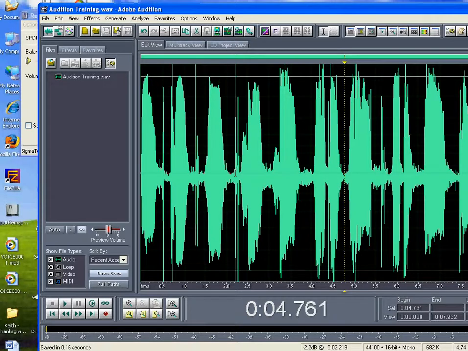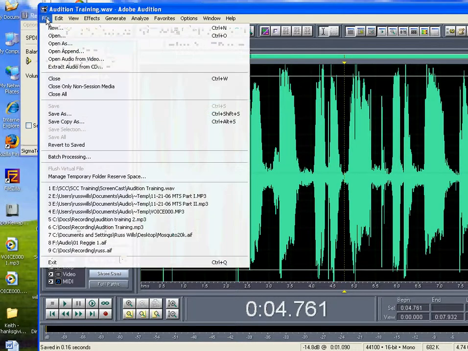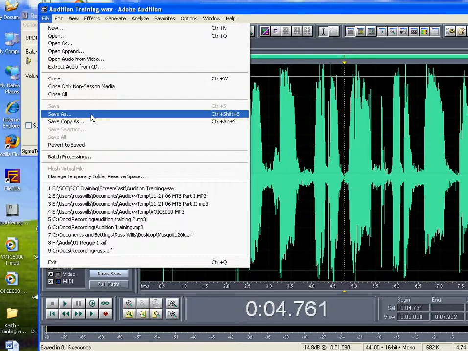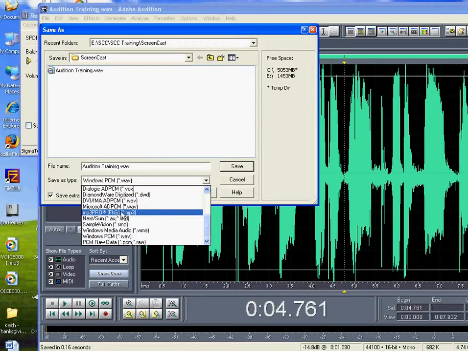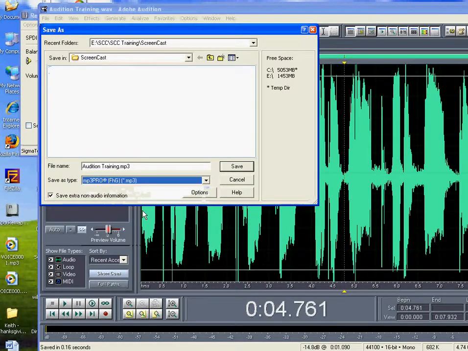We'll choose Save. The reason I choose the WAV file is because it's not compressed. When you save something as a compressed file, it actually takes data away from the file. The WAV file, however, is very large, so you probably will want to save it again as an MP3. So we'll go to File, Save As, and this gives you the same options. And we'll choose MP3,